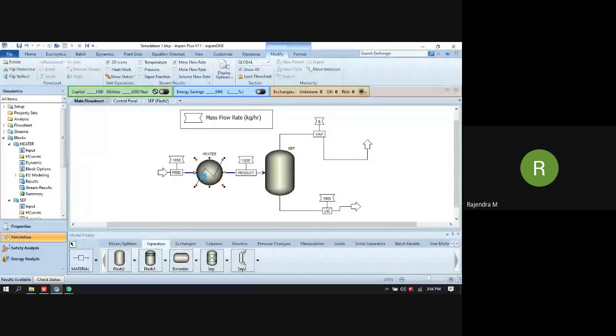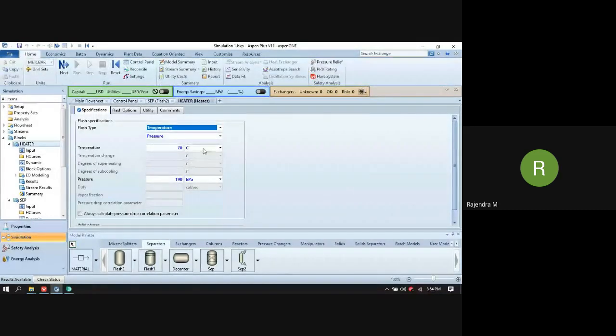Go to the heater tab. Here, instead of mentioning either of the other quantities, I can mention the vapor fraction. I have selected vapor fraction, and the temperature tab is deactivated.